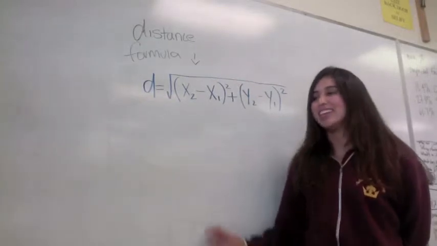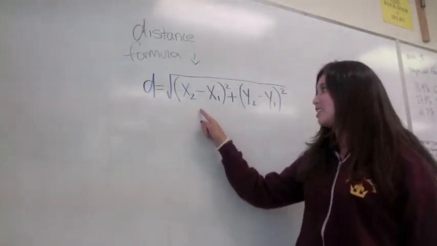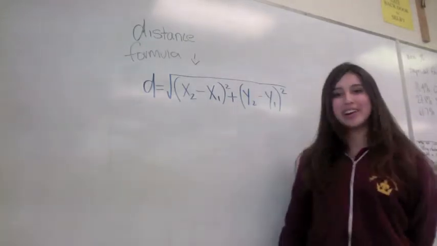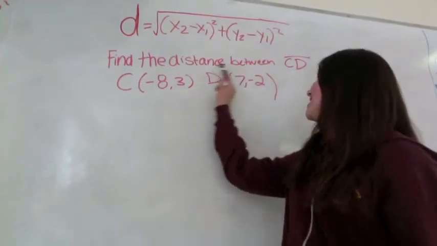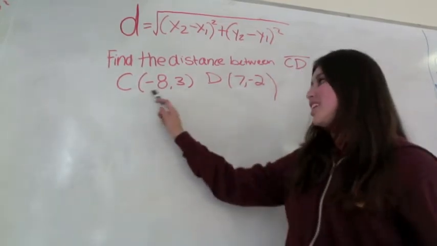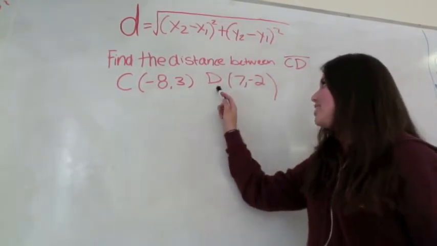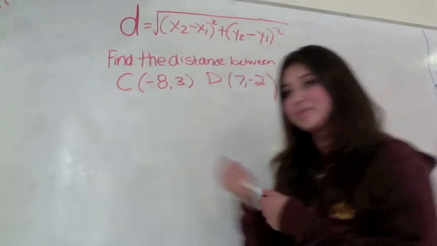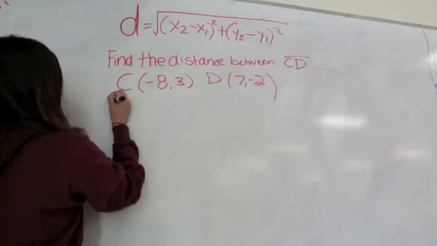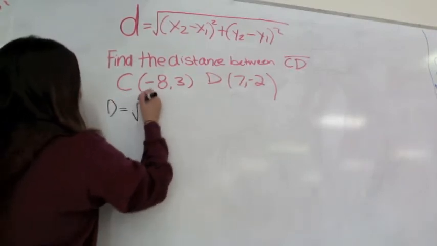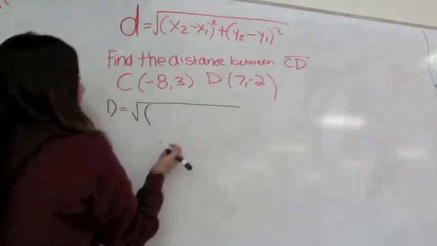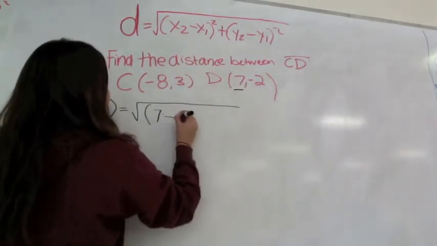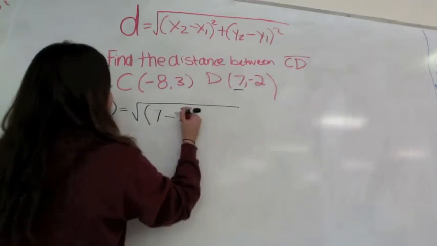The distance formula. D equals the square root of x2 minus x1 squared plus y2 minus y1 squared. Find the distance between C and D when C equals -8, 3 and when D equals 7, -2. First, we use the distance formula. D equals, we substitute x2, which is 7, minus x1, which is -8,